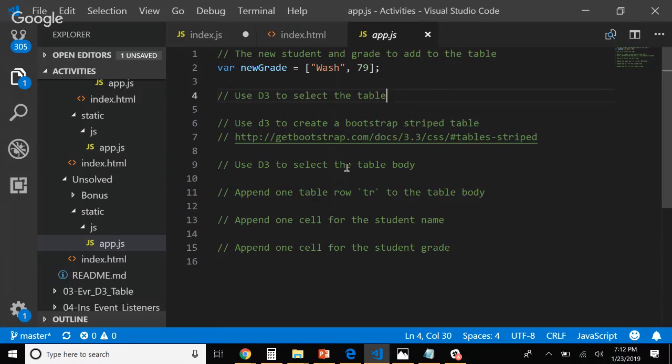If you use this little pound sign instead, what you're saying is you're using